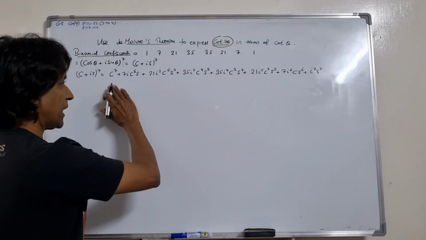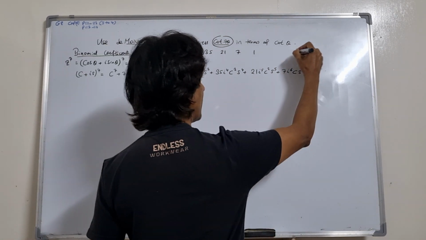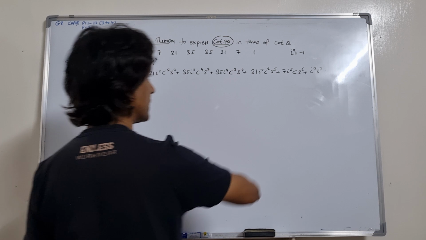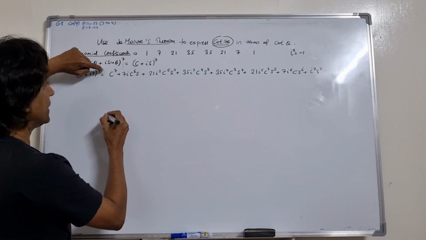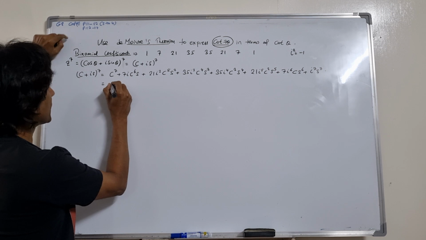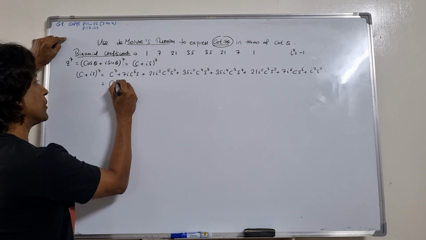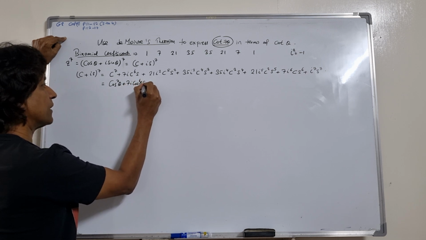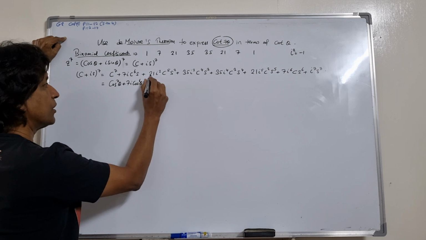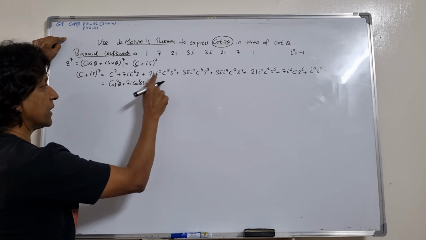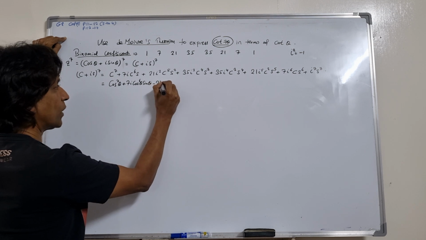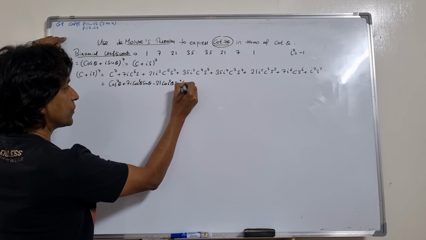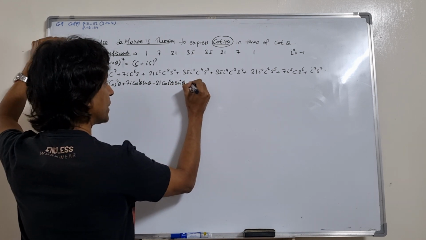Okay, so now that we've got our expansion, we're going to use i squared equals -1 to deal with the plus and minus signs. So what I have is cos to the power of 7 theta, plus 7i cos to the power 6 theta sin theta, plus 21 i squared. Now we did say that i squared is -1, so -1 times 21 is -21, cos to the power 5 theta sin squared theta, and this one is cubed, so that becomes minus